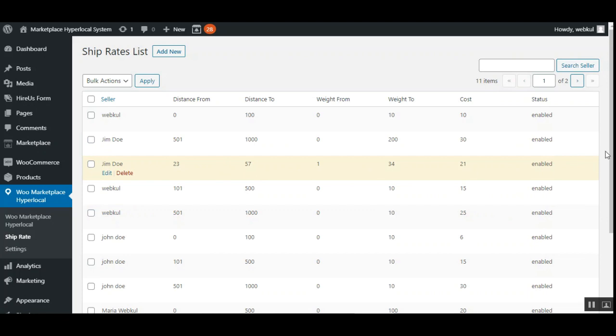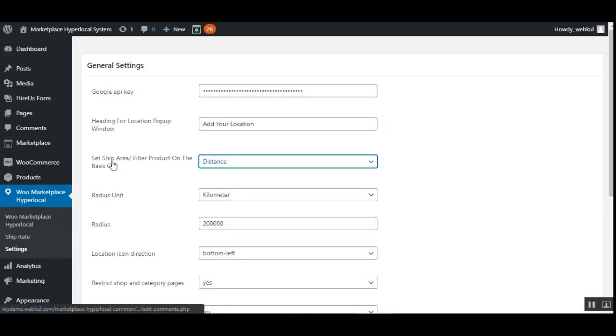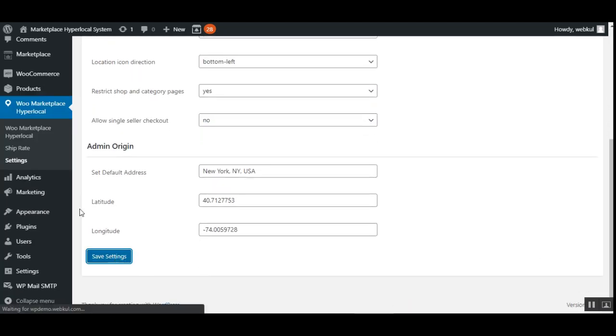Alright, so that's how you can set up the shipping rates. We have just set it for that seller there. Now this was when the admin has set the set ship area as distance. What if we choose city, state, province, and country? What happens then? So let me save the settings first,